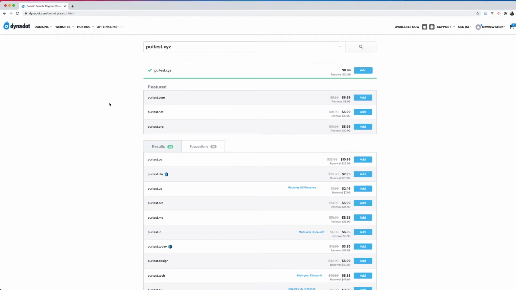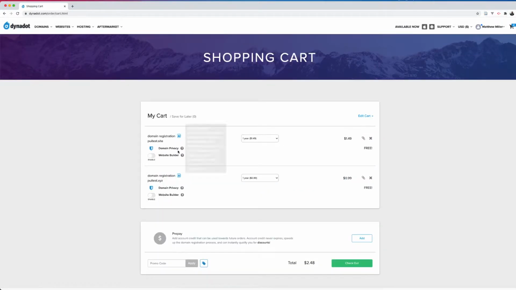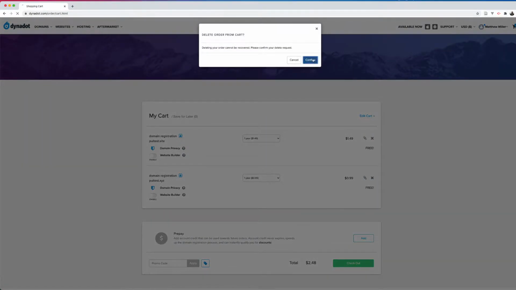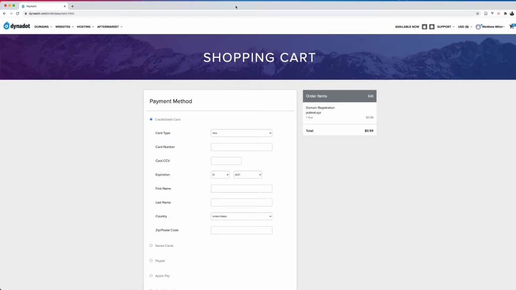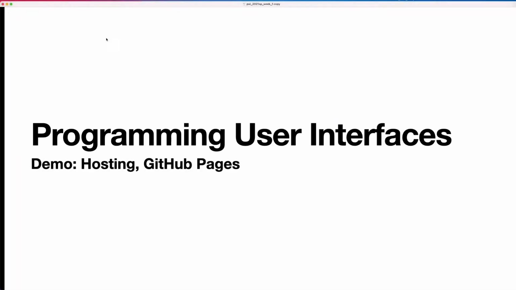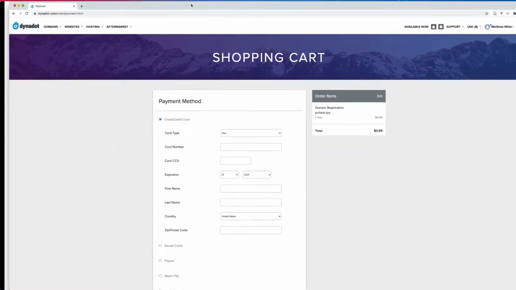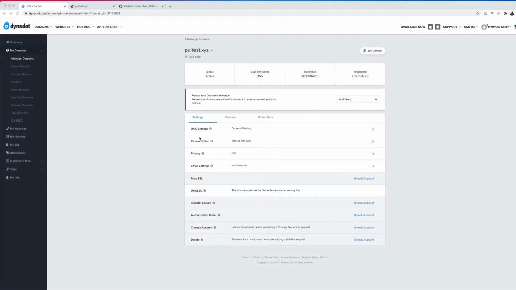And so the first thing we're going to do is register the site, right? So here it is, 99 cents. I'm going to add that to my cart, and I'm going to view the cart. This was the previous one I tested. All right, so I'm going to add this to the cart, and I'm going to do it for a year. I'm going to check out. All right, so I'm going to do this off the screen while I register everything, and then we'll be right back. All right, so now I have purchased the domain name,